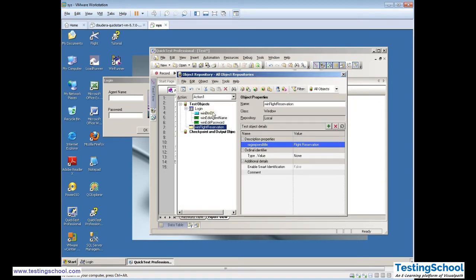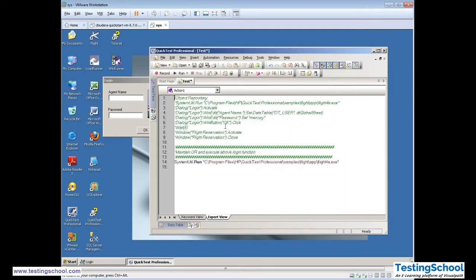So we have created object repository for login function, and we are going to call this object property for our execution purpose. Since this is a very simple application as of now, so there won't be much difference between the recorded programming and this one. Let's see where the differences lie.